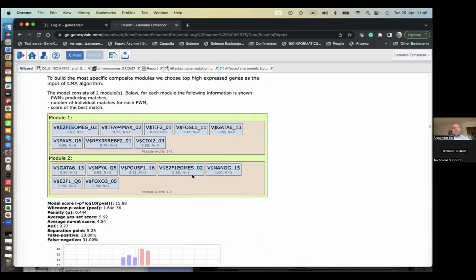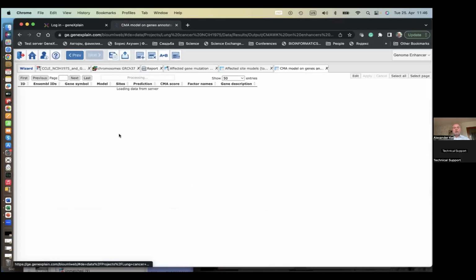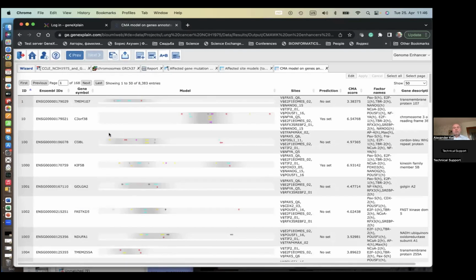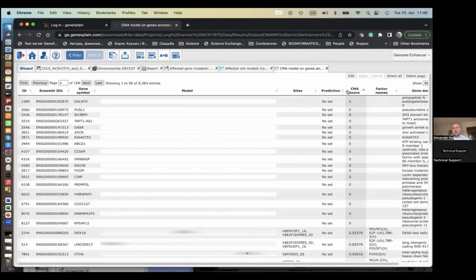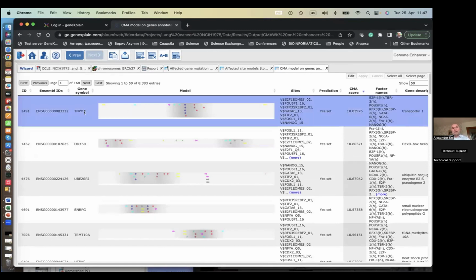Okay, so we can look a bit more in depth. For that, we click on that table, and this table shows to you, we can sort by the score. Actually, this is the combinatorial score I was talking about. And what does it show to you? Actually, for each gene, and here we have actually all genes,